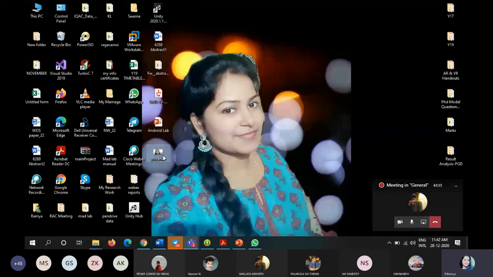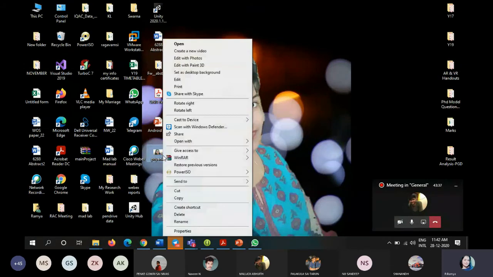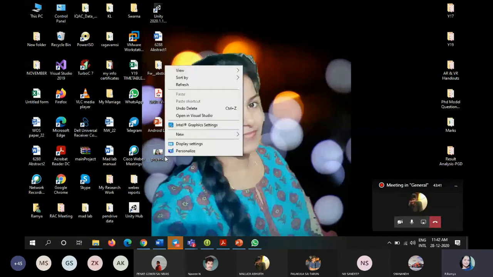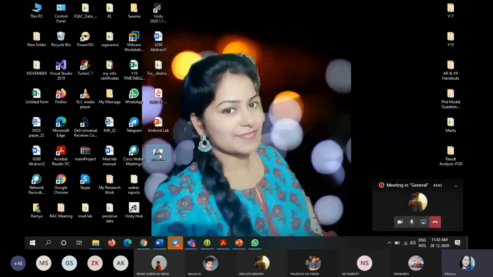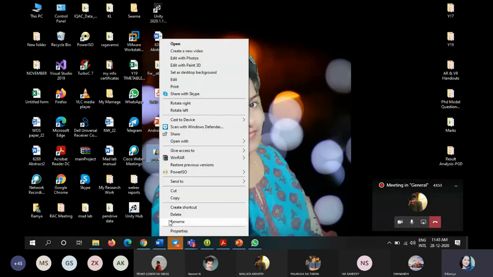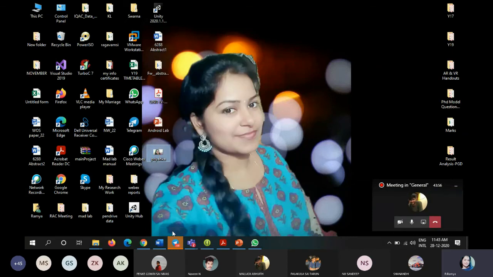So how are we going to convert JPG to PNG? I think everyone knows this, but once again I am going to repeat. Firstly, verify whether the downloaded image is JPG, PNG, or what type of format it is. How do we check? Select that particular image, right click on it, and click on properties.